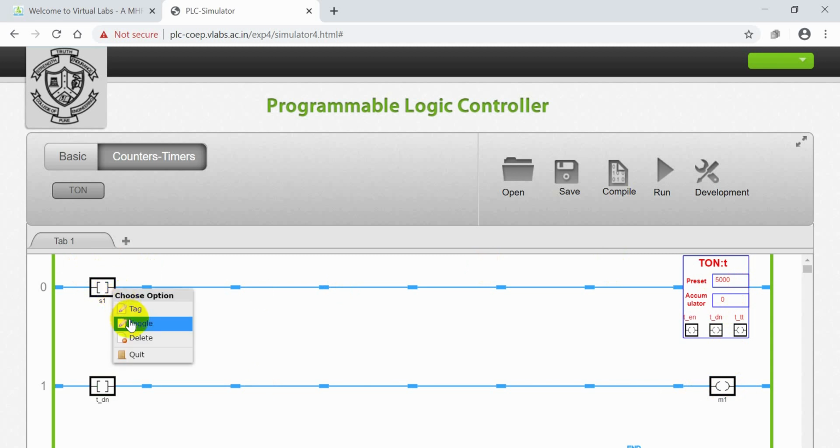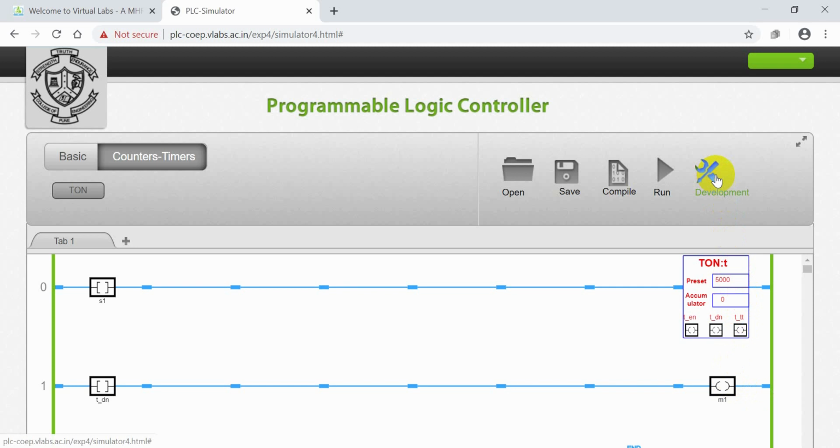Once I provide the toggle, you observe the accumulator value increasing. Once it reaches 5000 milliseconds, immediately the motor M1 becomes on. So the delay is only to turn the device on, but if you switch off, it immediately becomes off, no delay to off.